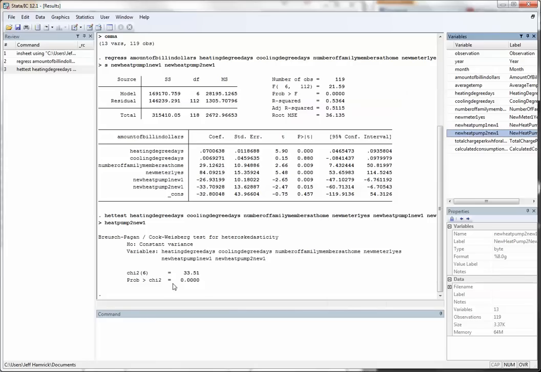It's 0 to 4 decimal places, and so we can very soundly reject the null hypothesis of homoscedasticity. At least one of these x variables is such that the variance of the residuals increases as a function of it, and possibly more than one of these x variables.